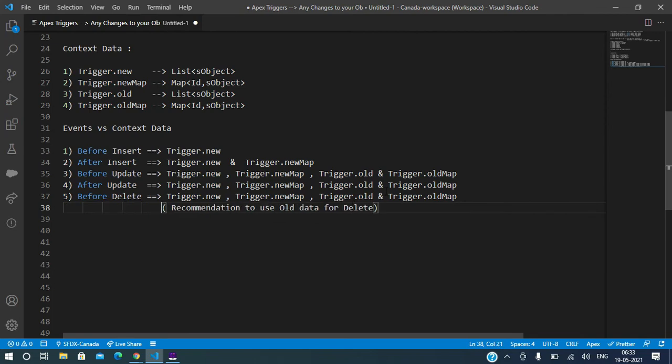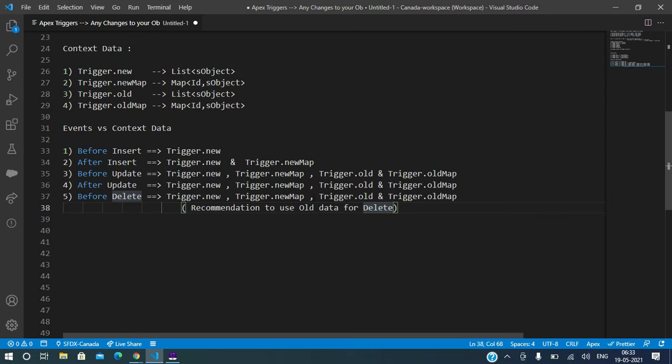Technically you have both newMap and oldMap, but my personal recommendation while writing a delete trigger is to use old data. If you are deleting a record, you are not changing any information, no field values have been changed. It's just deleting.